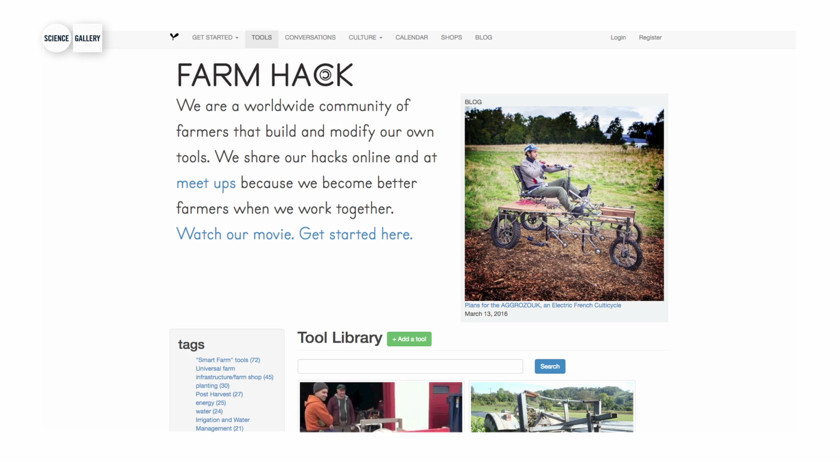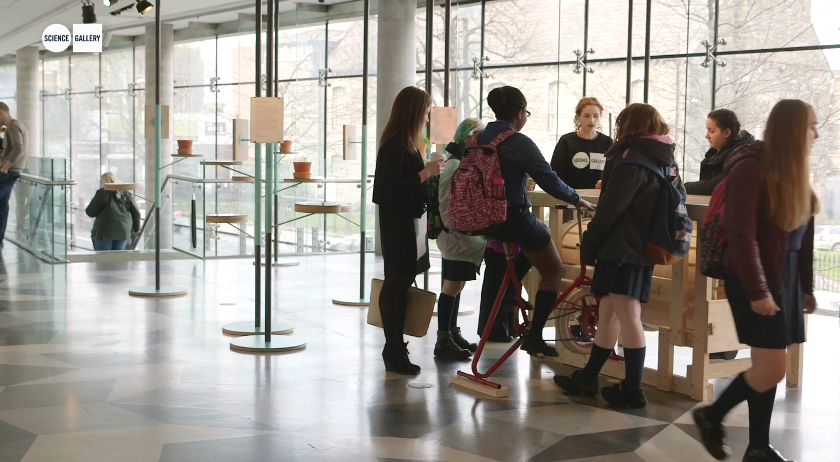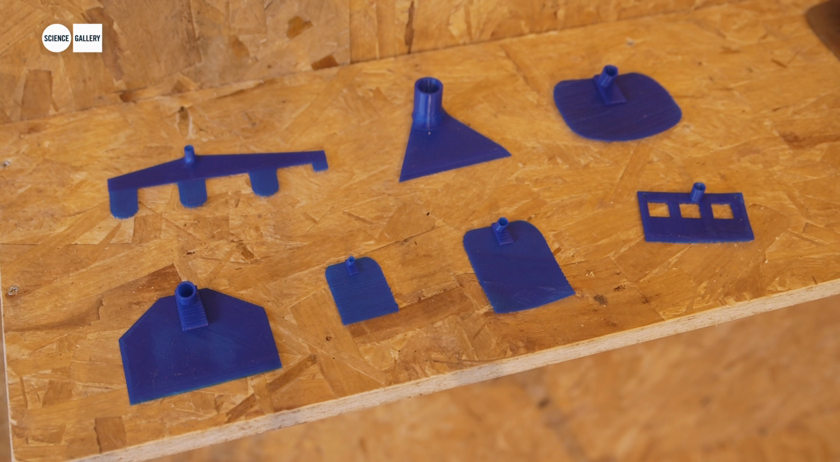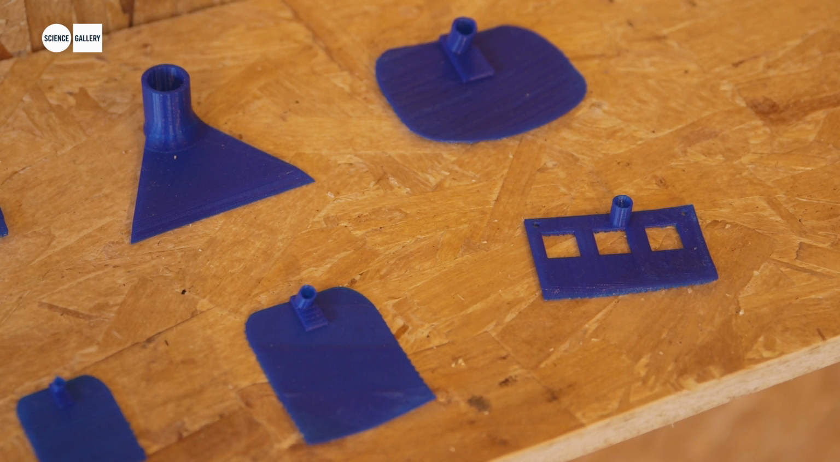groups featured is called Farm Hack. It's an online platform for farmers to share different hacks for agricultural tools. 3D for Ag Dev, which is a research project by one of our advisors, Charlie Spillane. And in this project, they're using 3D printing technology and design research to prototype new tools for small landholder farmers